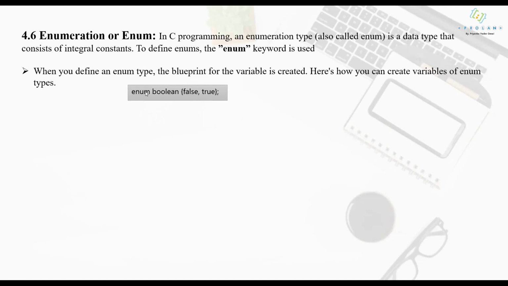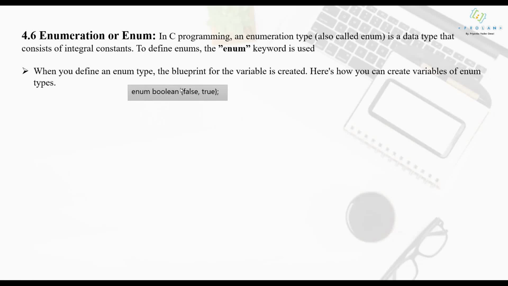Okay, now see, you have to create the enum variable with the help of enum keyword. You have to give the name, any name you can give. I have given here boolean as name, so you can give any name of your choice. So with the help of enum boolean, I have created the enumerated data type.